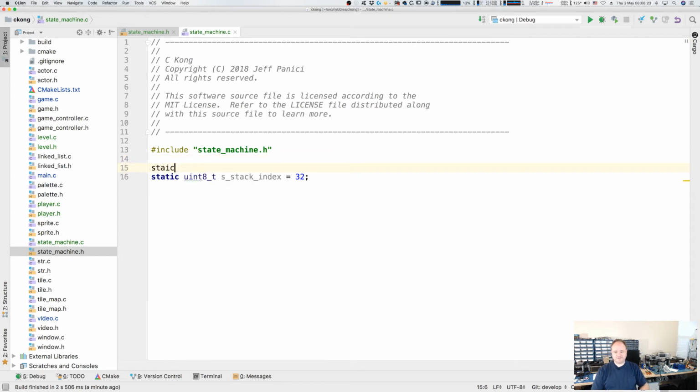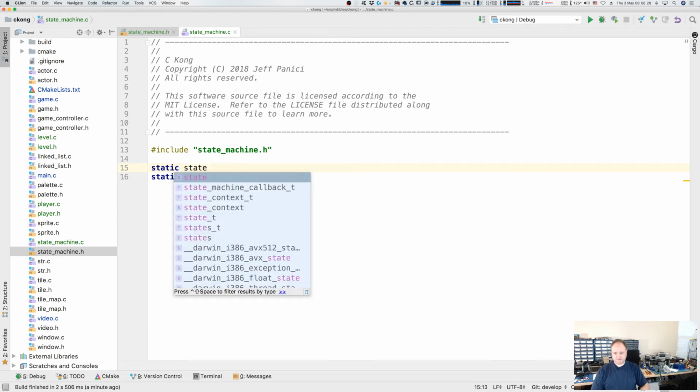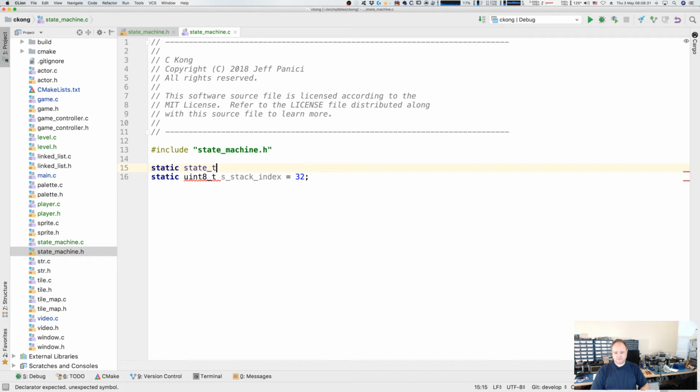And then we have a static state_t state stack 32. It's an empty. Is that what I want? No, that's not what I want. I want an array of pointers. So we start at the top of the stack, we're going to go down, and